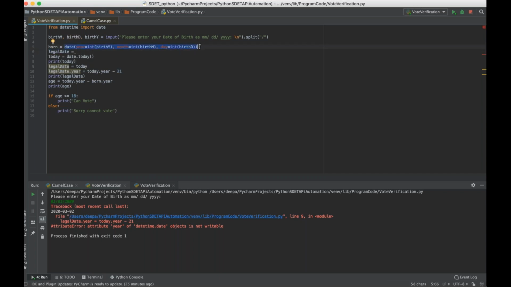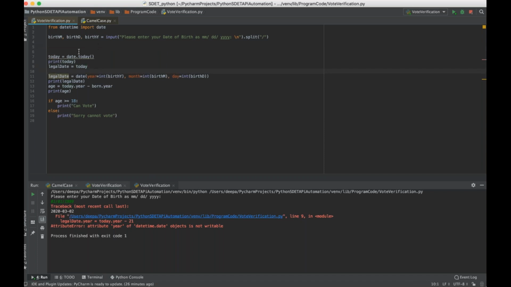Can you put it on line 10, override it on line 9 or 10? Both actually, you can remove both of them. Okay. No, keep that. I meant the other line also you can remove. Okay, so now legal date is,